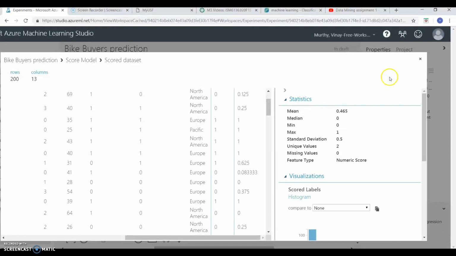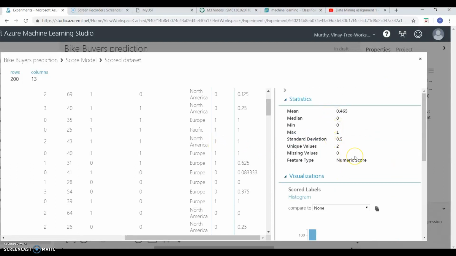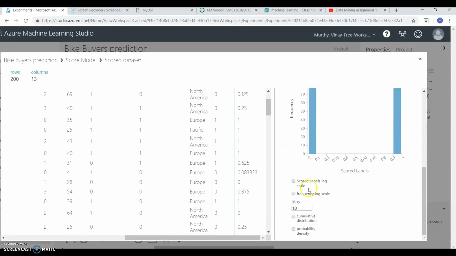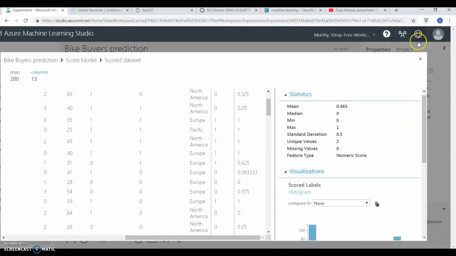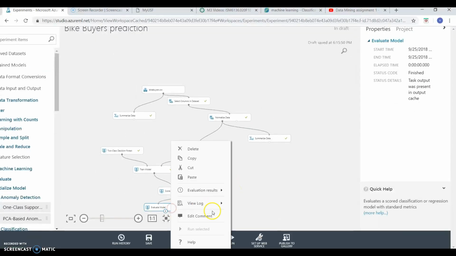and so on. And this also provides basic statistics and helps to understand the relationships as well. And we can find the frequency of scored label logs and frequency log scale as well to understand further. Then finally, the